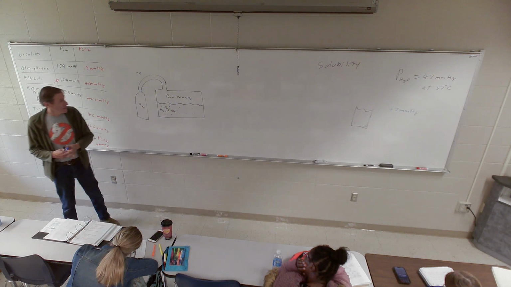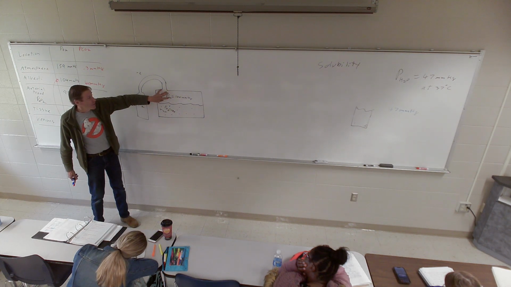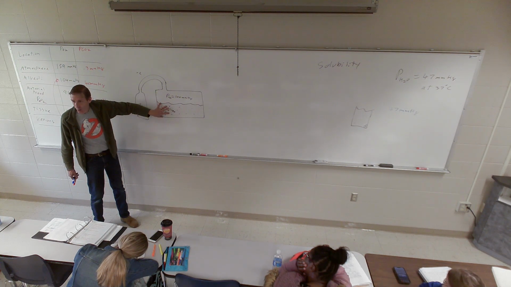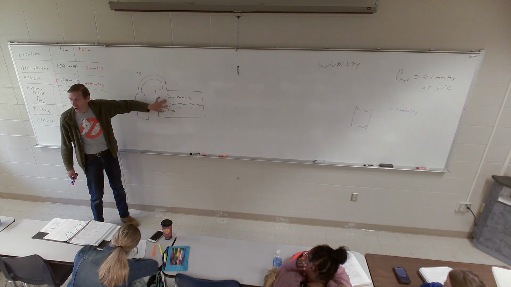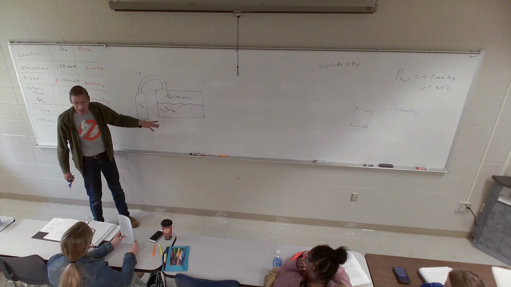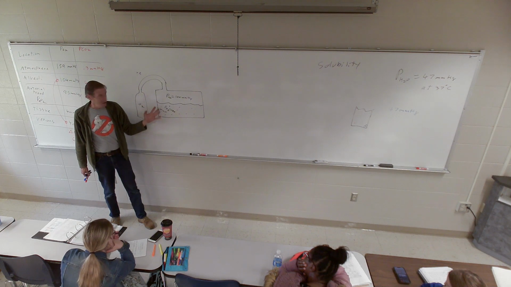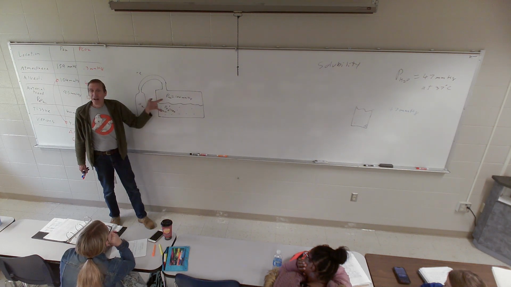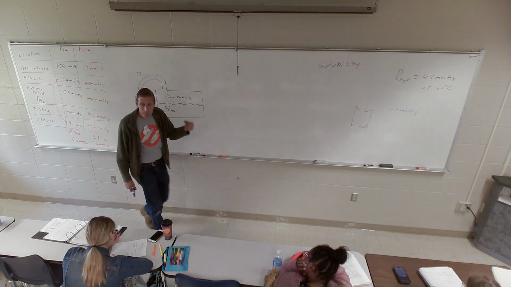But here's my next question. Where are there more oxygen molecules? In this half, that's nothing but oxygen, or in this half, that's oxygen mixed with water? Do you think there's an equal number of oxygen molecules in both those spaces? It doesn't really, most of this volume is taken up by water. All this volume is nothing but oxygen. There is going to be a difference in the number of molecules.